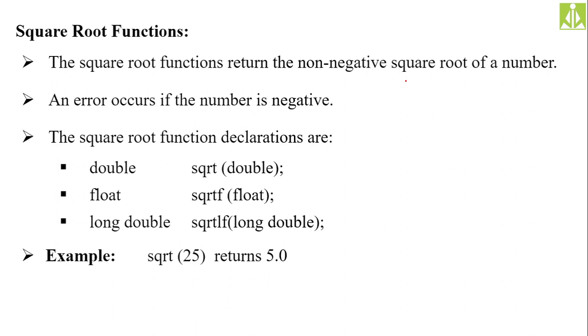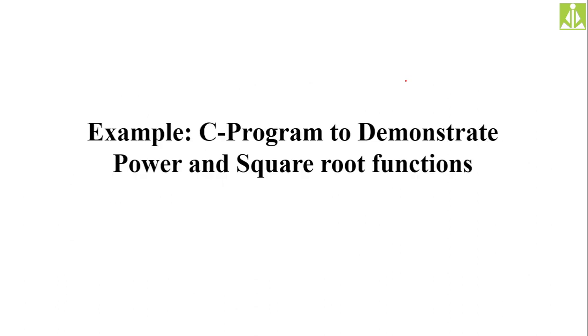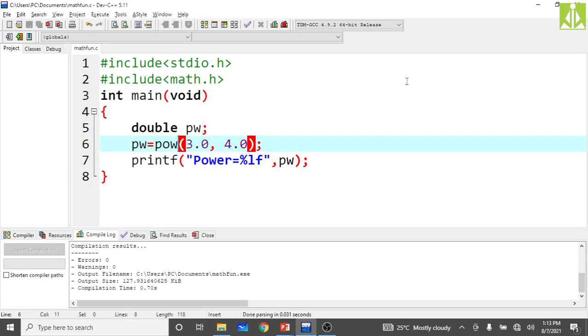And whenever you are calculating the square root value, if it is a double, you use the direct SQRT, if it is a float, SQRTF, and if it is a long double, you use SQRTL. So the square root of 25 is 5.0. The example I have given, and we will demonstrate this in the programming. See how small these library functions are, we have hardly written 3 lines of code for each function, so they are very easy to remember.